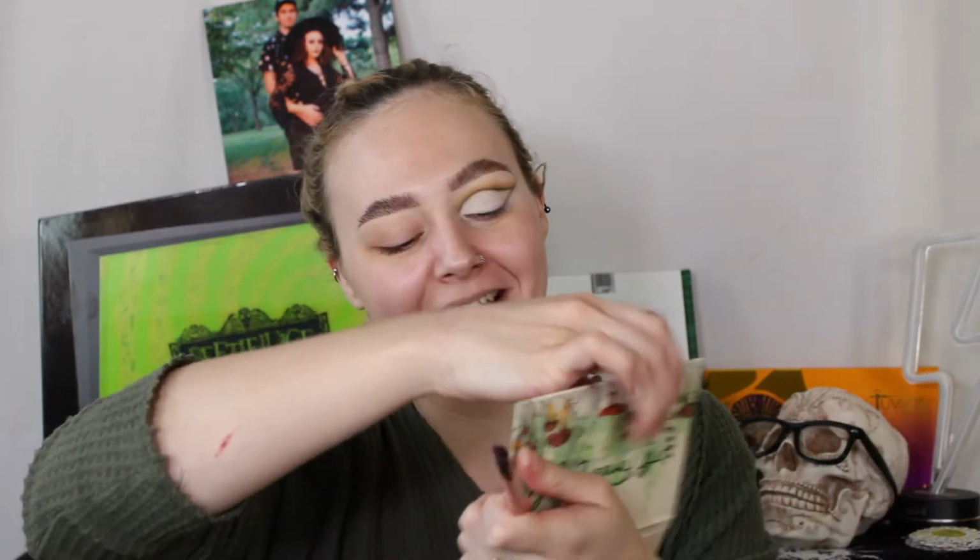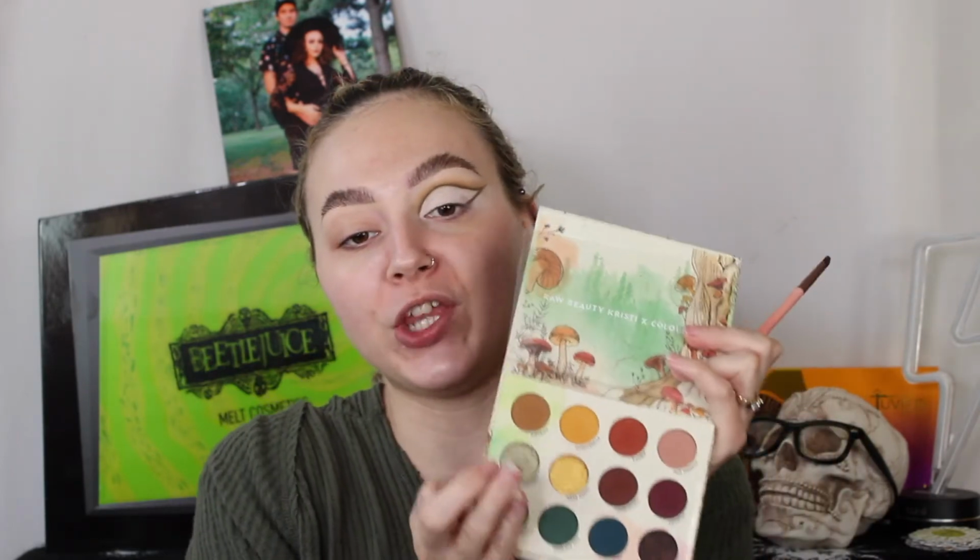Okay, I'm going to clean that off. So for now, I'm going to take my Luxie Small Trader brush, and I'm going to go into Evergreen. This shade,